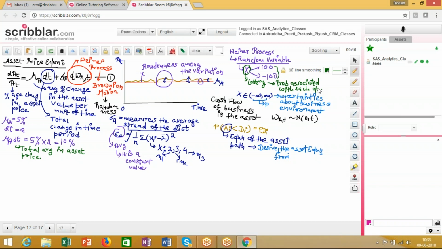asset price. Now from there, what I want to do is identify not the percentage change in the asset price, but the change in the asset price, or I want to find out the path of the asset equation, right? How is it that the asset price equation is determined? What are the key factors in identifying that? So, for doing this,